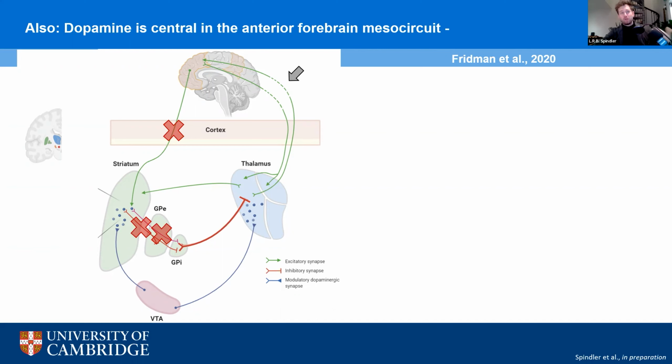And given that most of that dopamine, again, comes from the ventral tegmental area, and we know that it can change input-output relationships, this may,